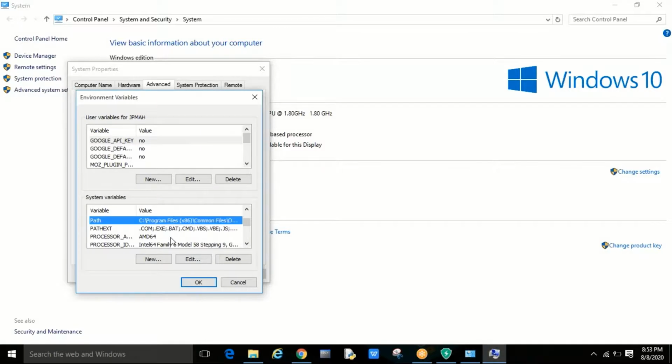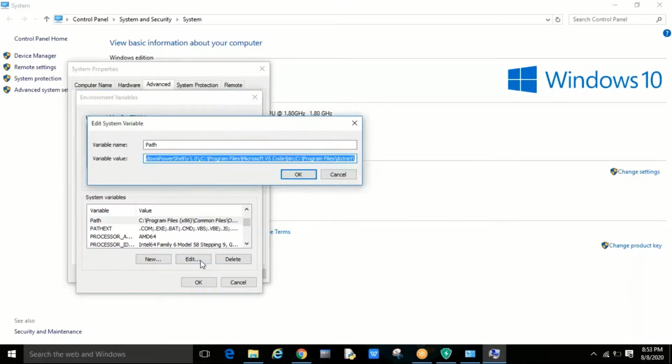Path is there. See, you need to take very special care here. Don't click on the New button. Don't click on the Delete button. You need to select the Edit button. Don't do anything else here, because by default your operating system's files and paths are available.